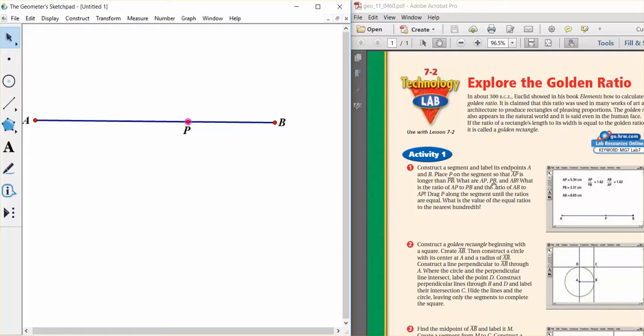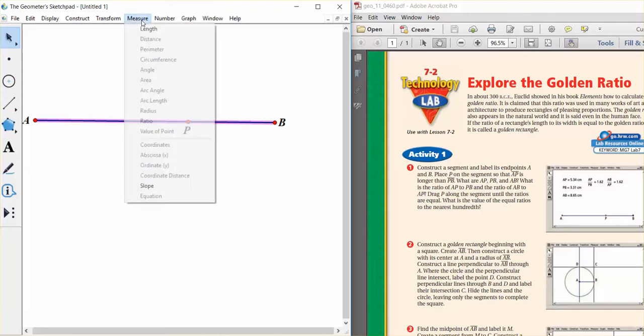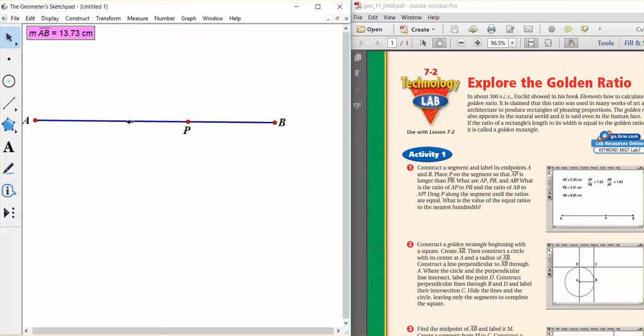Then they want you to measure these. It says what is AP? That means the length from A to P, the length from P to B, and the length of AB. There's different ways to do this in Sketchpad. One way is to select the segment AB, and then go to measure and measure the length, and we get a length there. I can't measure AP as it is because that wasn't a segment. I just put P on it. So I could make another segment from A to P, and I could measure that,